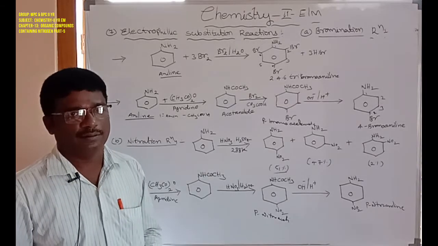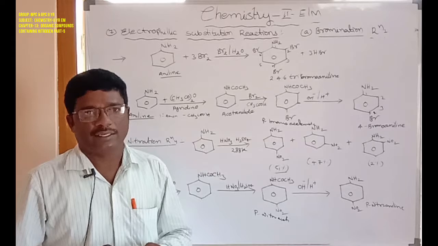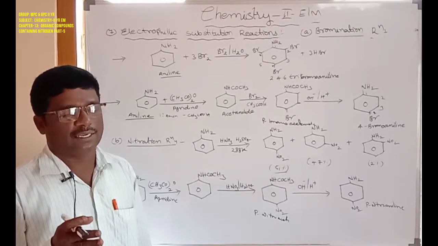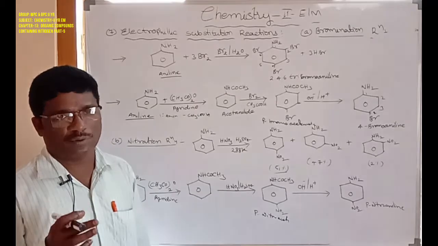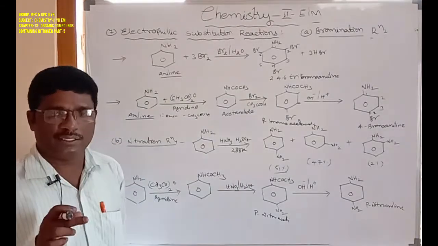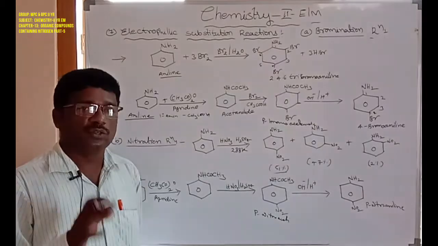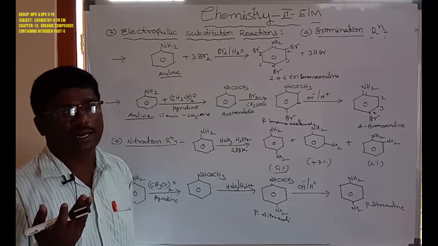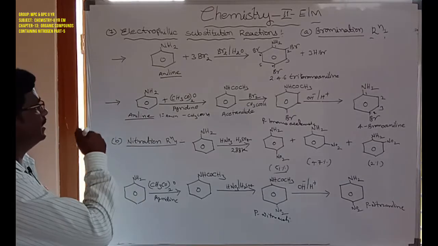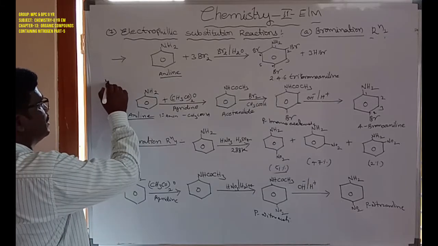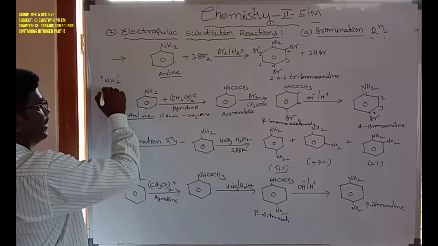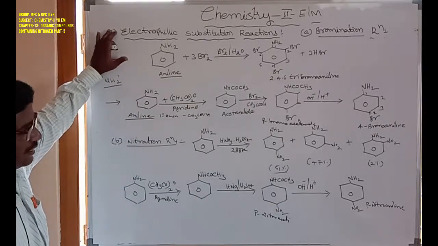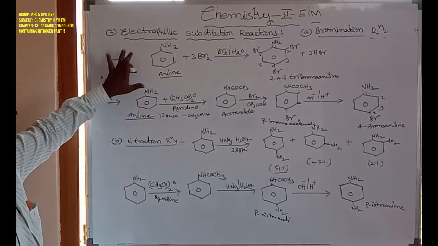And the second one is the diazonium salt. Here are the organic compounds containing the nitrogen atom. There are 4 such compounds: the first one is the amines, the second one is the diazonium salt, the third one is the cyanides and the fourth one is the isocyanides. Here the first compound is the amines. Here NH2 is also known as an amine. The amine preparation was covered, remaining is the chemical properties. Next one is the electrophilic substitution reactions and mechanisms of the amines.